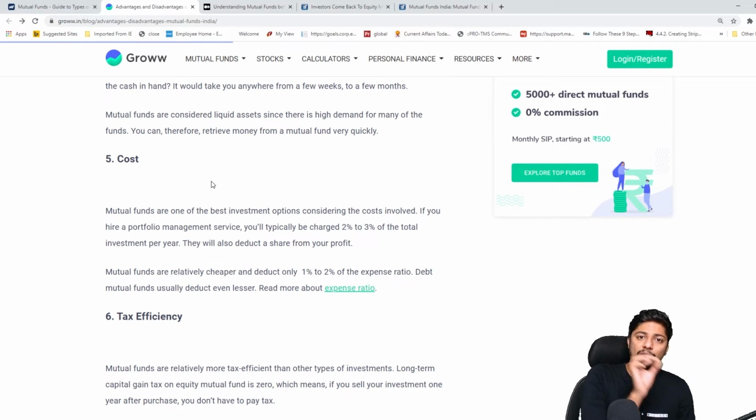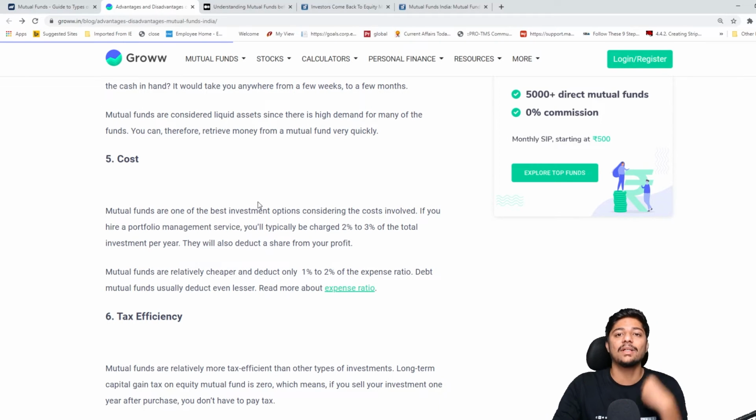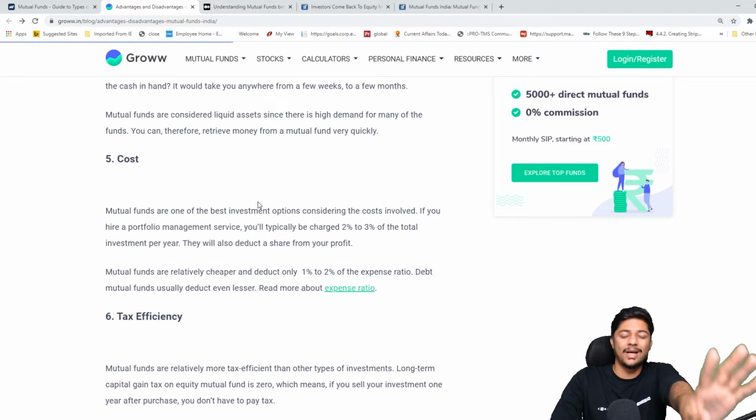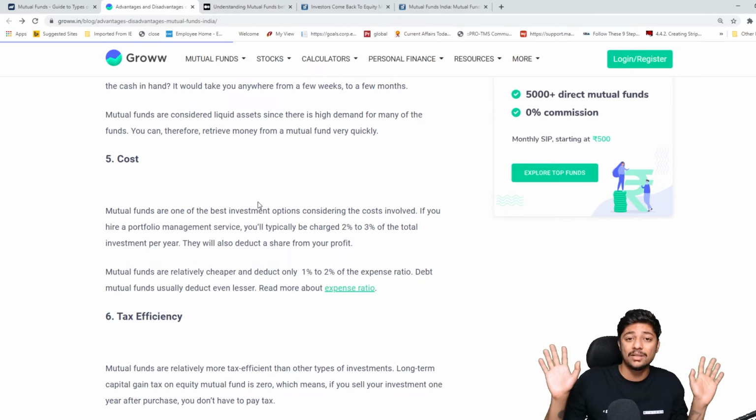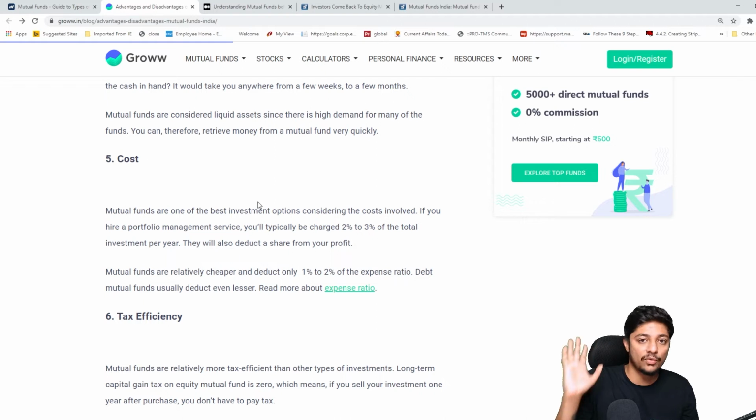Usually it's 1 to 2 to 3%. I've seen some people giving less than 1% also. Okay, so people take less than 1% when it's a big amount. So I don't mind giving that cost to somebody and say, boss, you handle it. Mereko ye janjat nahi chahiye. I don't want to understand what the stock market is. I'm giving it to you. You figure it out.